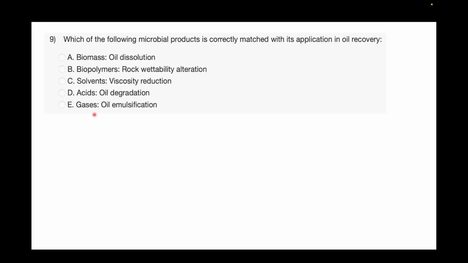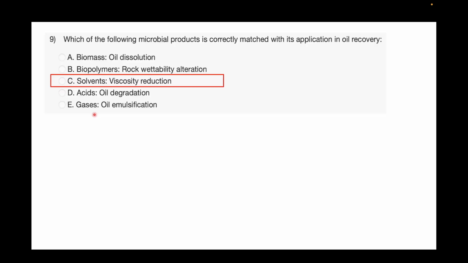Okay, let us see what is the correct answer to this question. Option C is the correct answer. Solvents are used for viscosity reduction. Tuhin, C was the correct answer. I'm sorry if you got confused, but Ashwini and Ankita have answered correctly. Now let us understand